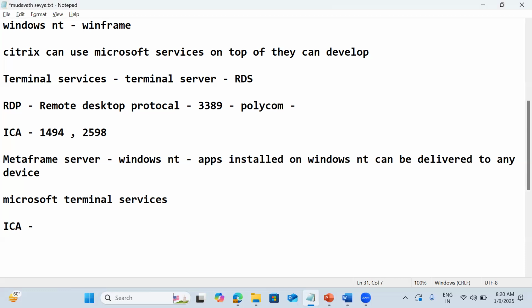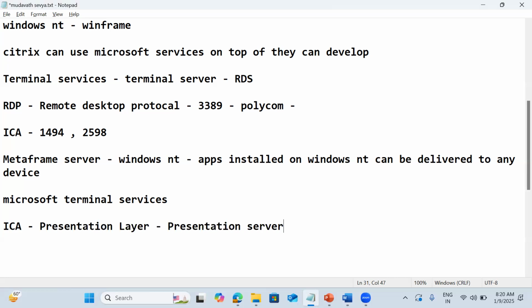ICA in the ISO OSI model belongs to the presentation layer. In order to respect ICA, Citrix renamed MetaFrame server to Presentation Server. Through versions 1.x, 2.x and 3.x, Citrix kept the name MetaFrame server, and later renamed it to Presentation Server.